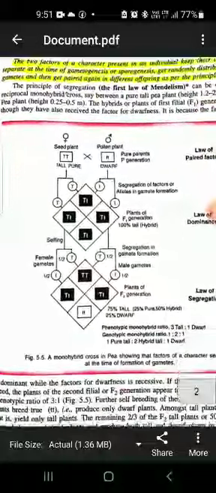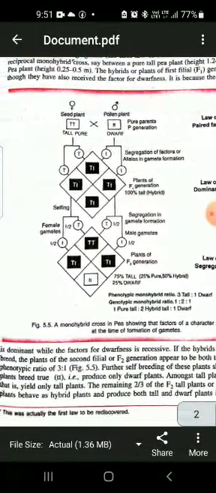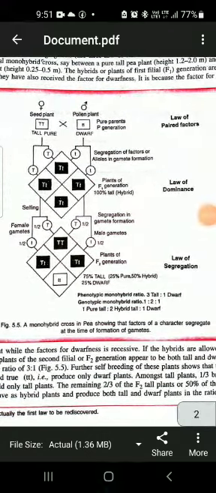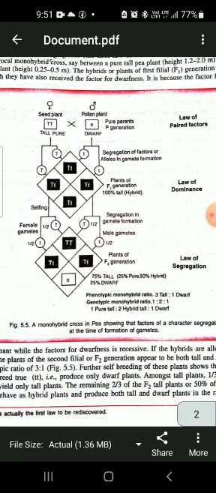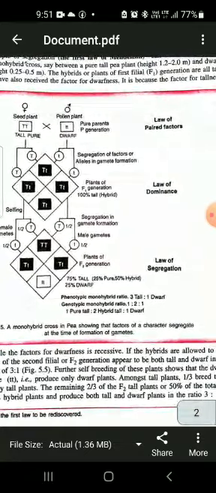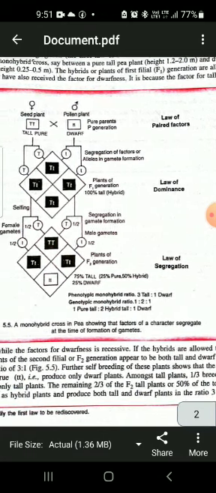From the same experiment performed by Mendel on the tall and dwarf plant, he found that the phenotype, that is the expression, outward expression of the organism, appearing to be tall is the dominant feature, appearing to be dwarf is the recessive feature, and it had the ratio of 75% tall and 25% dwarf in F1 generation, first generation. But this